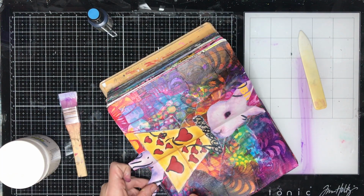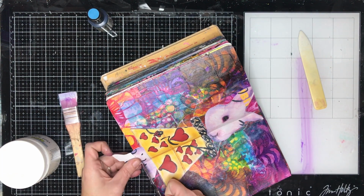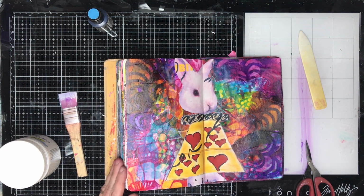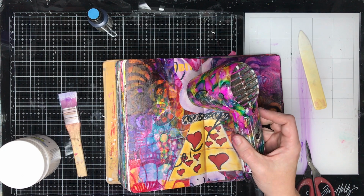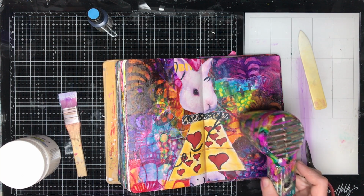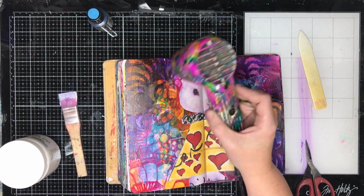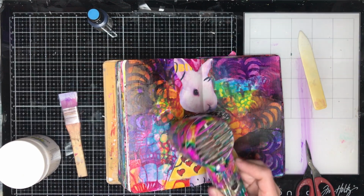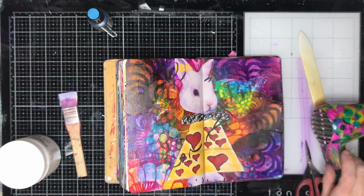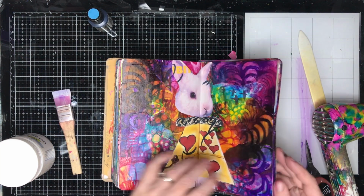I used to use a silicone spatula to put my glue down. I've been finding recently that actually using a brush is a lot easier. I'm getting a much more even application of glue. So I just use these cheap brushes. These are IKEA brushes from the children's section. I think they cost $6 and you get eight